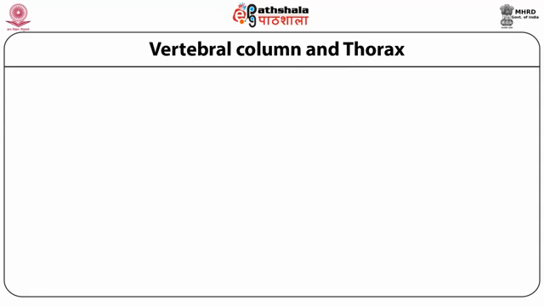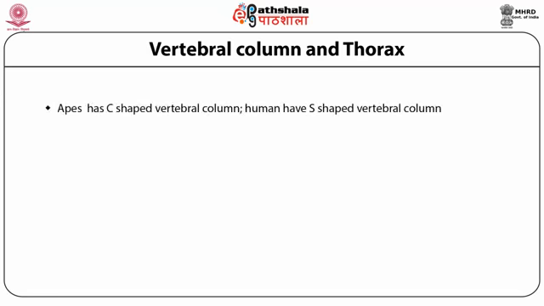Now let's discuss the vertebral column and thorax of man and apes. The vertebral column is made up of a series of bones called vertebrae joined together. It can be divided into four regions: cervical vertebrae lying in the neck region, thoracic vertebrae lying in the thoracic region, lumbar vertebrae lying in the lower back, and the sacrum and coccyx lying in the pelvic region. In apes, the vertebral column has a single curve forming a C-shape,